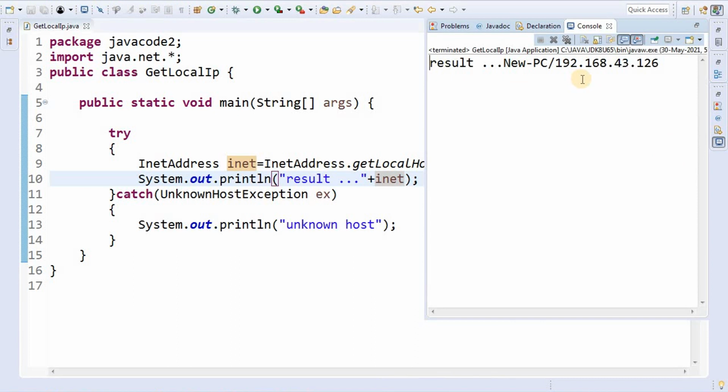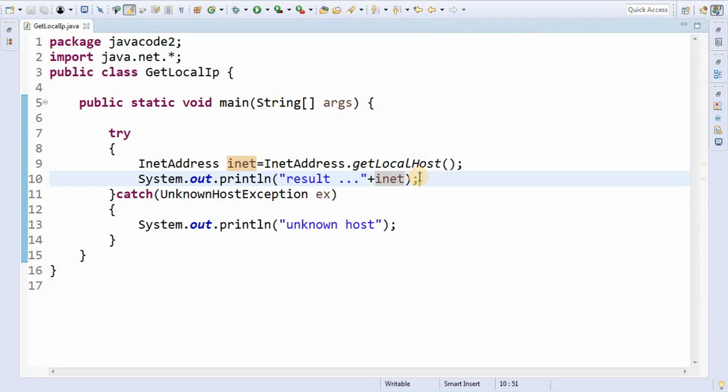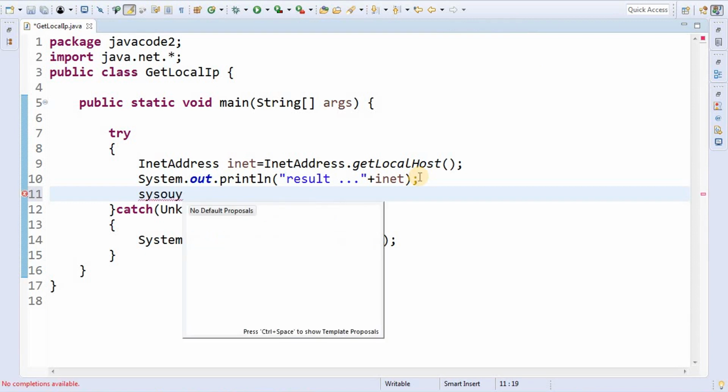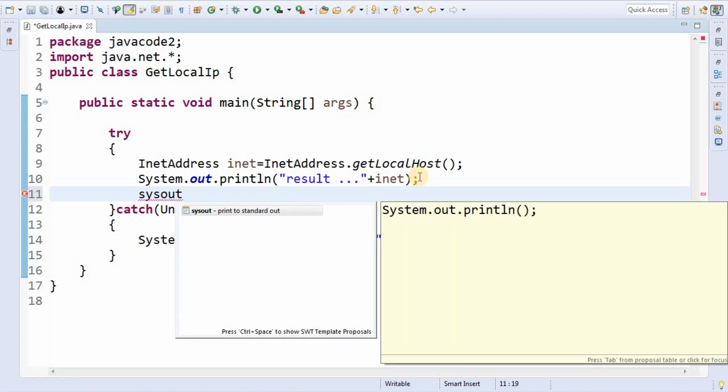And we have an IP address of 192.168.43.126. If you want to get the individual result, I am using sysout, Control Space.